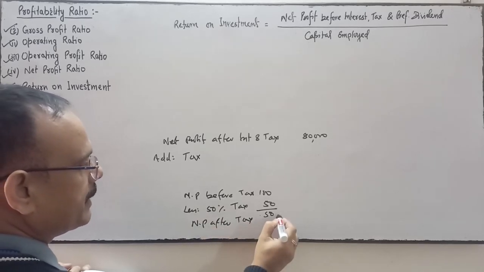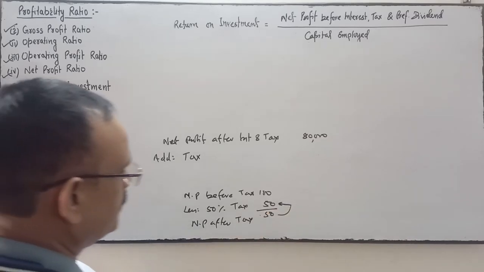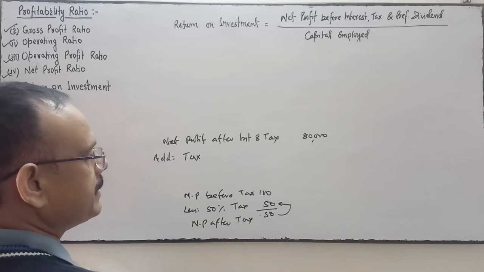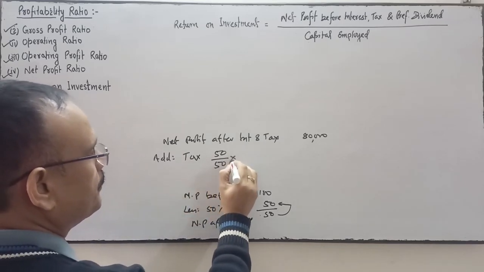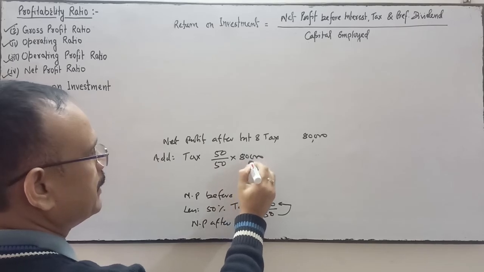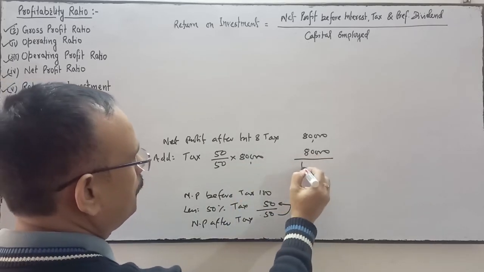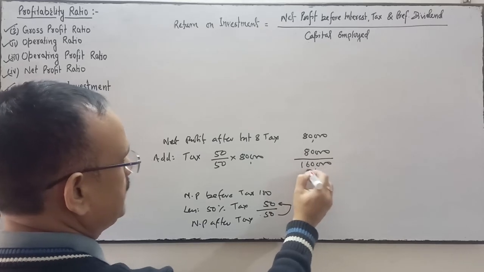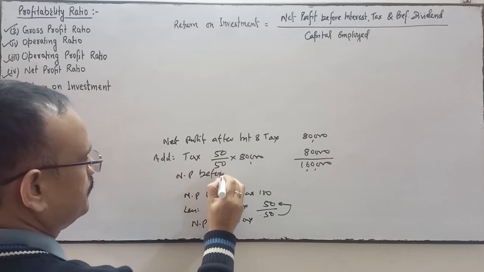So tax is 50 upon 50 into net profit after tax of 80,000, so it is 80,000. So net profit before tax is